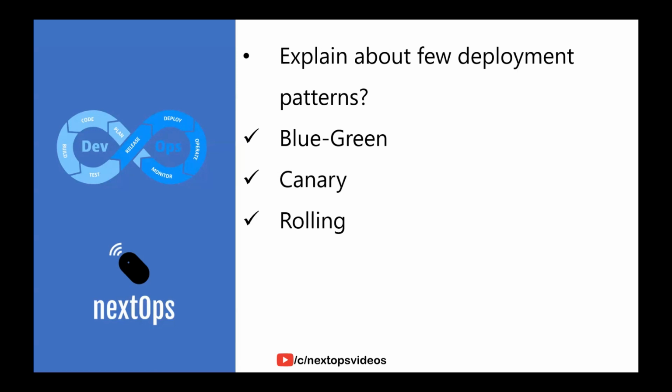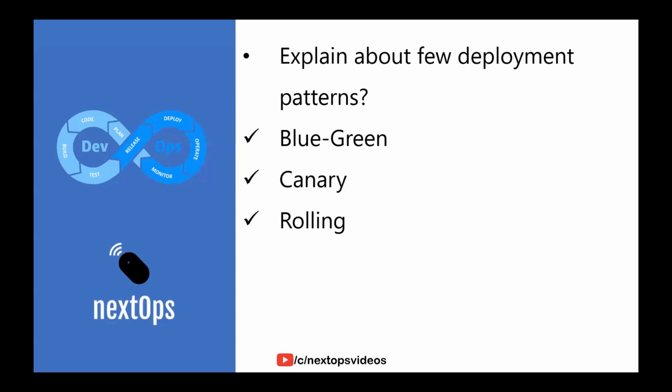So when version 1 has to be replaced by version 2, there are different deployment patterns that are usually followed. In the blue-green deployment pattern, what happens is a separate infrastructure will be maintained for the old version and the new version. The old version of the application will be running in the blue environment and the new version of the application will be running in the green environment. With load balancing technologies, organizations usually divert or redirect the users to blue and green environments. So a few people will see the old version of the application, a few people will see the green version, or new version, of the application.